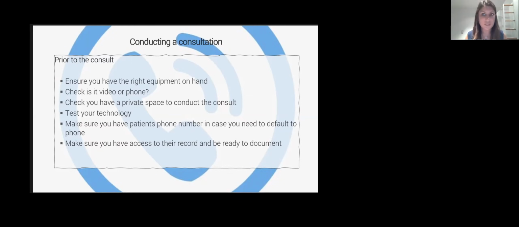Check whether you're doing this consult via video or phone. My patients have been choosing, and so before every consult I have to figure out, am I switching to phone or am I doing a video for this patient? Make sure you have a private space to conduct the consult. Don't do it in your living room or in your front porch. I think that's all common sense, but people kind of forget. Having a Zoom meeting or a webinar like this is fine, but you've got a patient who's not expecting people to be walking behind you, or for them to hear other conversations going on.